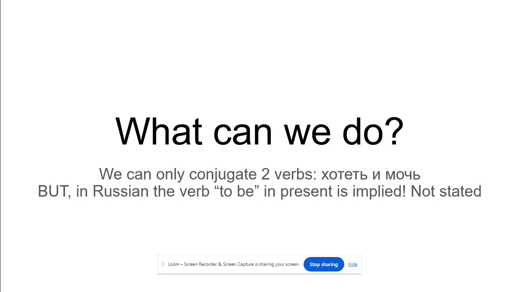What is the word it in place of? It's not really in place of anything. In this case, in Russian, we just would not say anything in the place of it. So we're now getting rid of two words. We're getting rid of it, and we're getting rid of is, because it's to be in the present tense. But anyway, that's theory. Let's get to practice so we can see what this means.